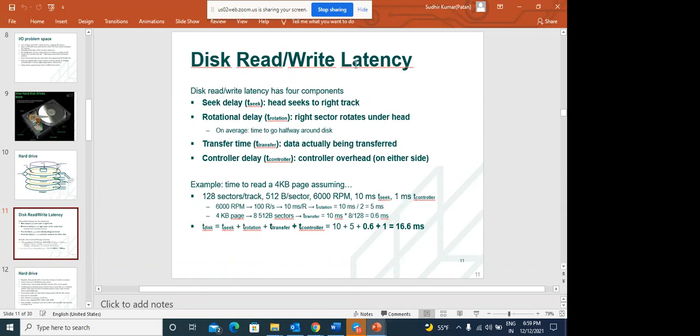So read write latency: if you click the icon, your RAM and your whole operating system will look for the data in the disk. The read write head will go over the disk and fetch it. That delay has some components. The first is seek delay. The head goes to the right track, meaning the track is moving toward the exact track where your data is stored. The delay to seek that track is the seek delay.